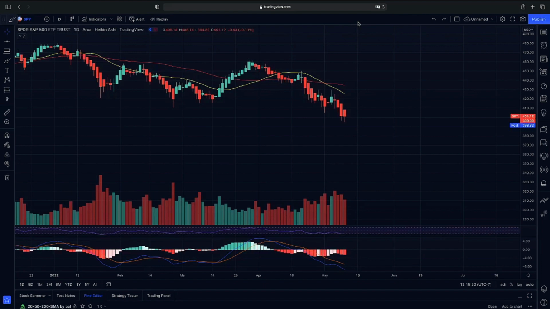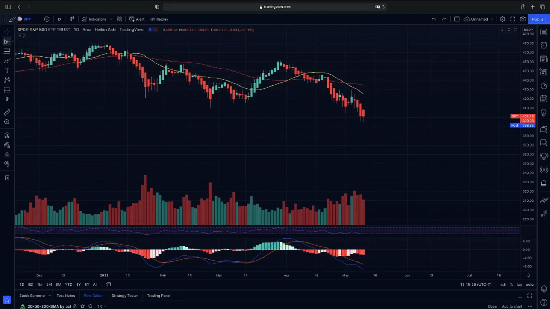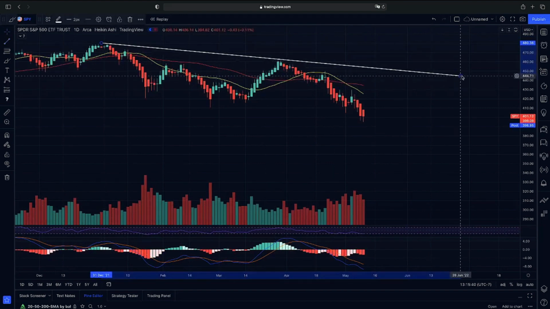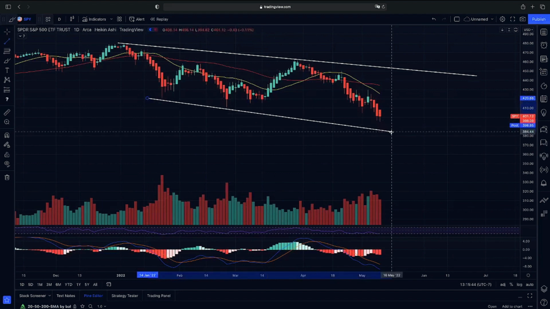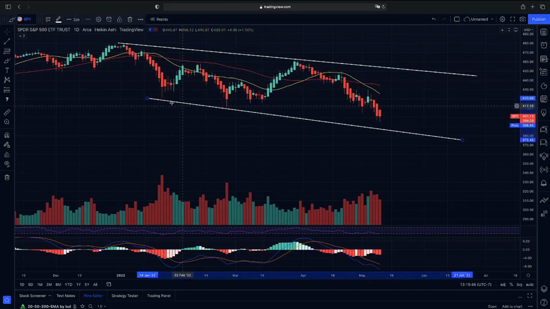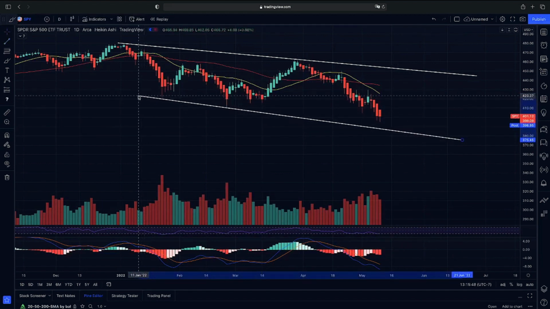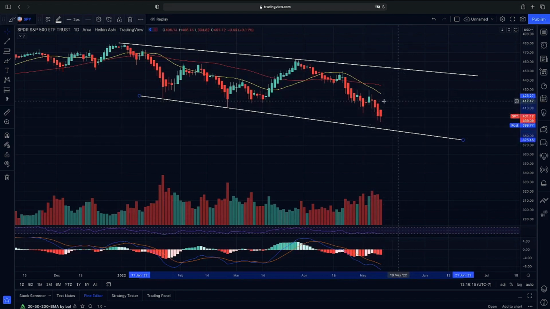Now, again, we do have our channel here that we have been watching, and we have been continuing on lower, looking to see if we are going to test the lower end of our channel. And leading into CPI, again, if we do have a pullback after CPI, then we could be testing the lower end of our channel here and looking for a possible bounce. We'll see exactly how the market reacts. So we'll keep our lower end of our channel here as a possible support, and we'll keep an eye on our volume to see if we do start to increase in buy volume.